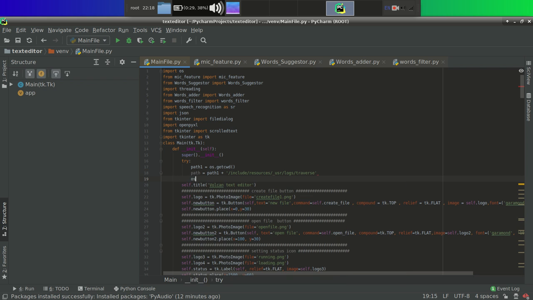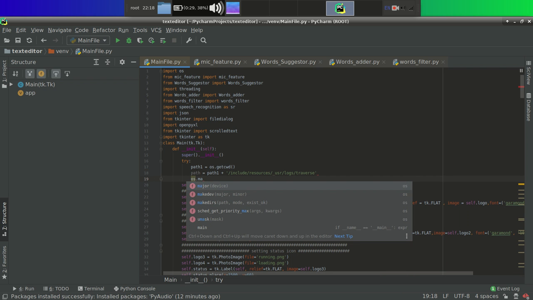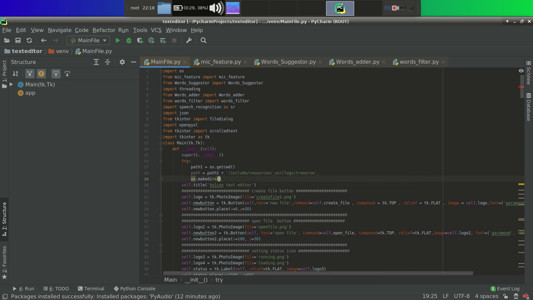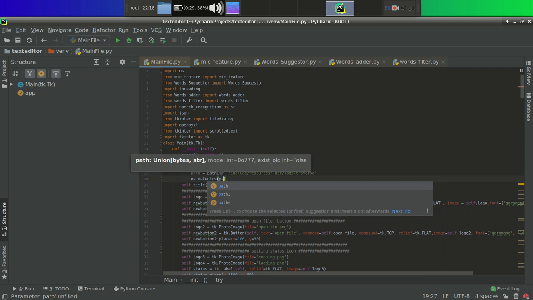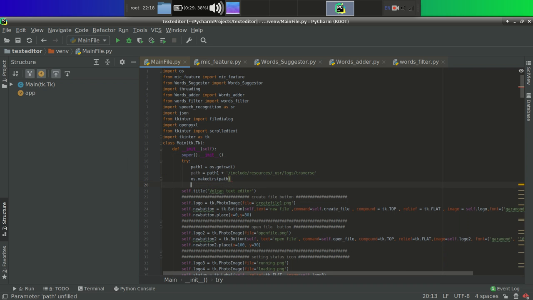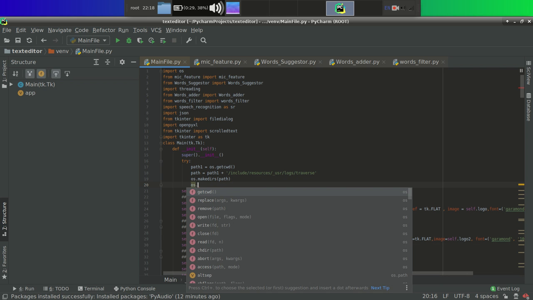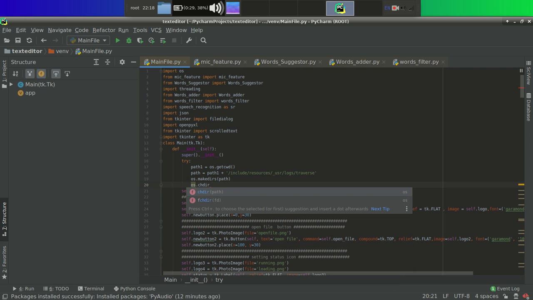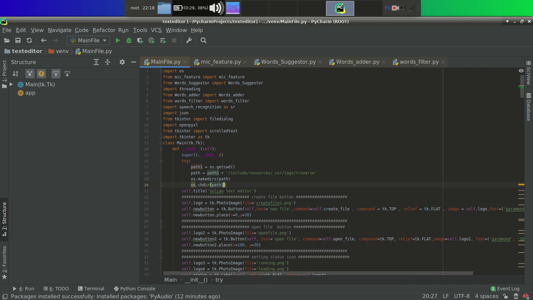So os.makedirs, because you want to make directories, then this path will be made, os can make this path automatically. Then os.chdir path1, which means we are switching again to the previous path, that is the current working directory.